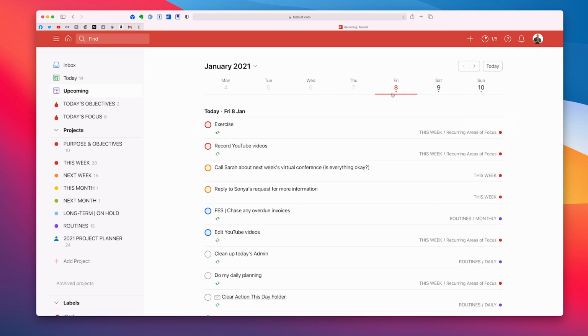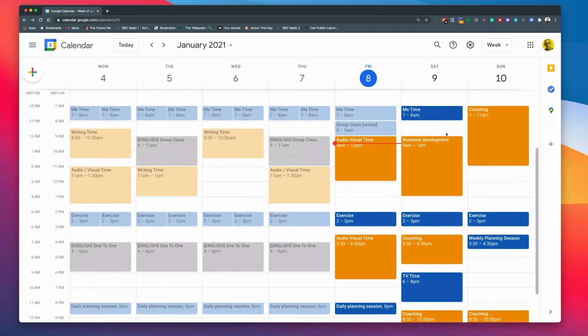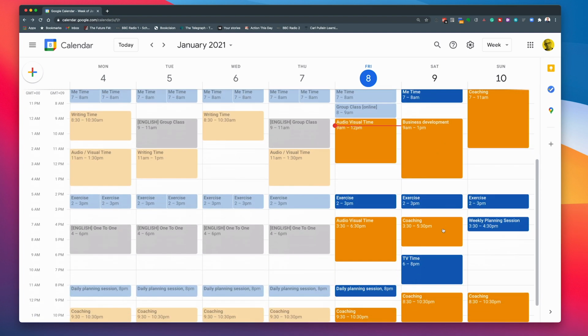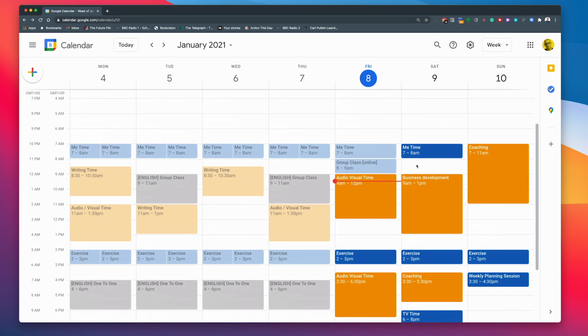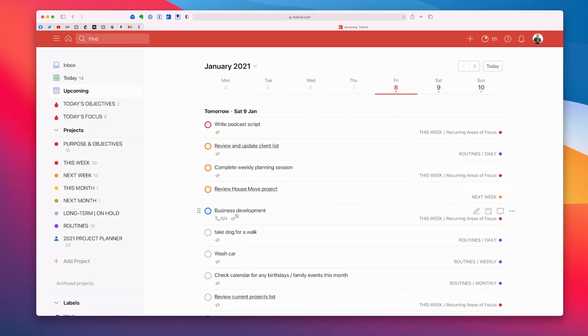So when I come to doing my planning tomorrow, the same rules are going to apply. I've got the writing the podcast script for next week. So I'm looking in here, do I have any writing time? I actually don't. So I'm looking around here thinking, where am I going to be able to find the time to do it? And what I might discover is, well, actually Saturday's looking a bit full. So when I'm doing the planning, I'm going to think, right, let's have a look. Where is that? We'll write the podcast script.